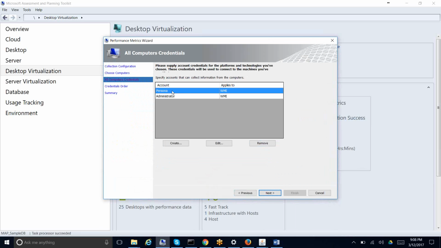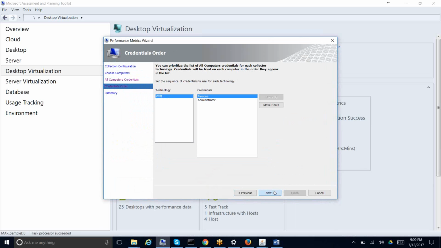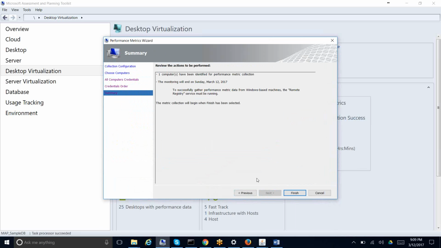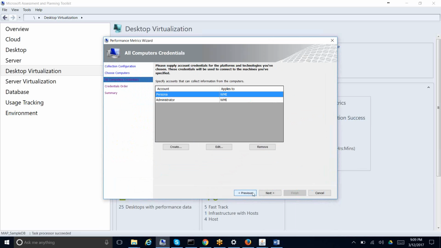So it says one machine is asking for the credentials. I said persona. One computer is identified. It's saying